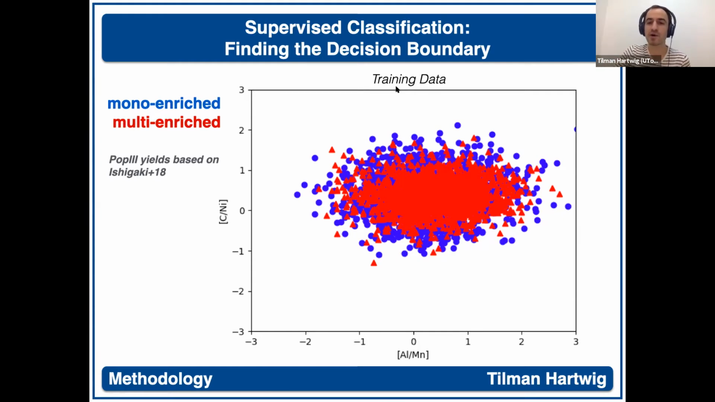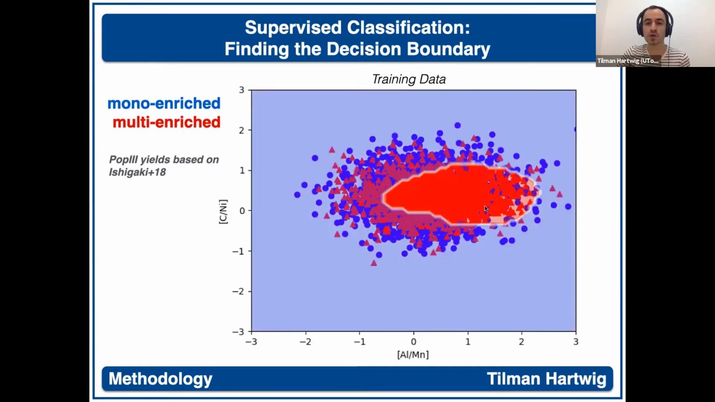So this is how our training data looks. That's a scatter plot. There is a degeneracy in the center. Now, our question is, if we have a new observation in this abundance space, can we tell whether it's mono-enriched or multi-enriched? What we get from the support vector machines, I will say a bit more in a second, is such decision contours, decision